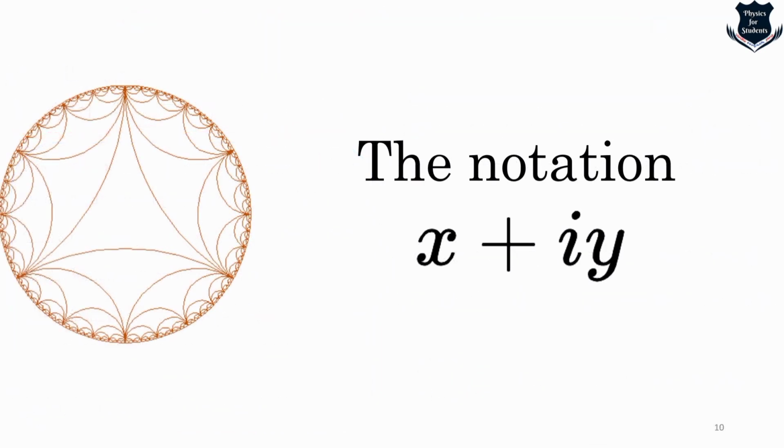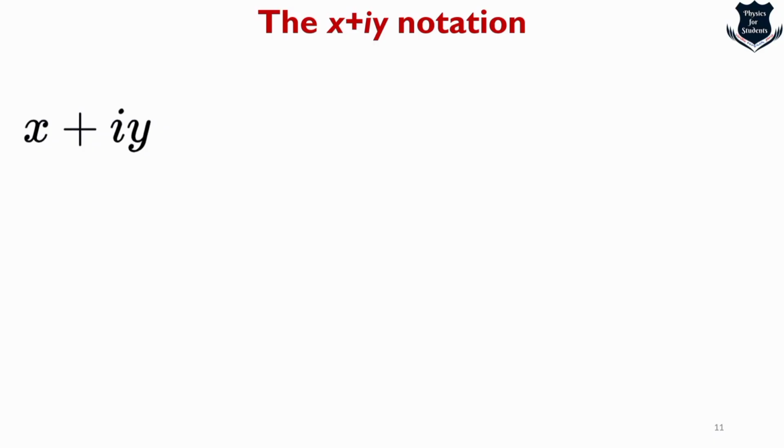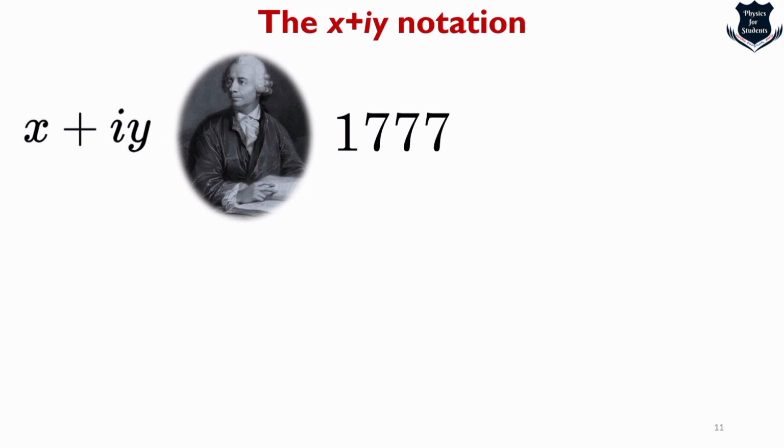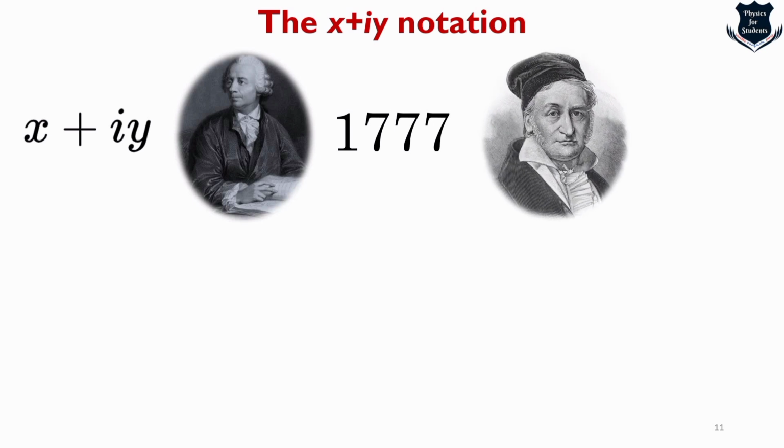Okay, so now we try to discover what Leibniz and other mathematicians discovered, the notation x plus iy. The symbol commonly used for a complex number is not xy, but x plus iy. This actually goes back to Euler around 1779, who used i to denote square root of -1, though the notation actually goes back again to the Prince of Mathematics, Carl Gauss. If you really want to know more about the history of this notation, go back to my very first lesson on complex analysis, where you will find a detailed history.